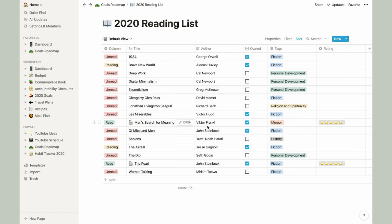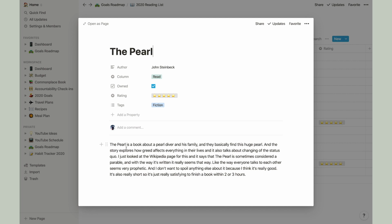And then the title, the author, if I own the book, which is going to be useful during my broke months when I don't have money and I'm like, okay, well, what do I have in my library? And then I have just some tags here, what the category of the book is, and then I'll have my rating here. Then if we go open one of these, a little synopsis here and my review of the book,